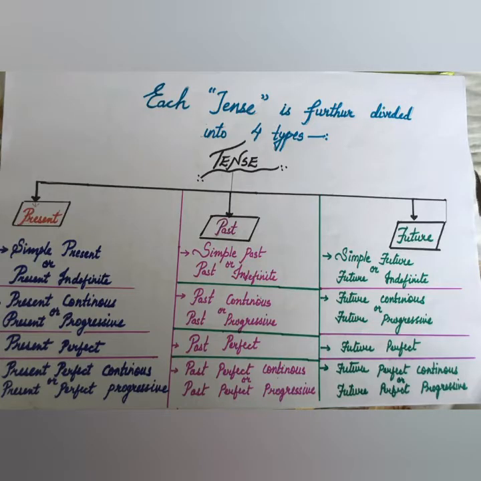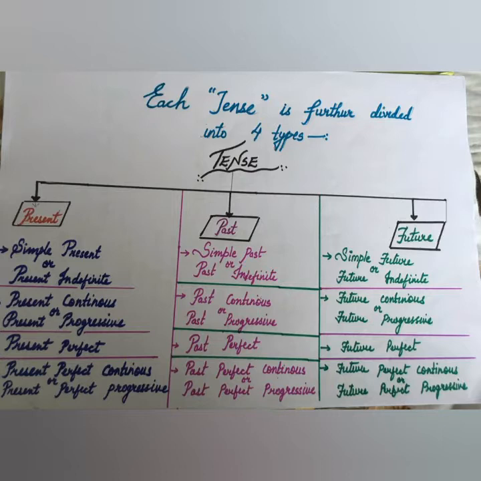See, I have written the names as well as the other name by which that particular tense is known. Simple present tense, which is also called present indefinite tense. Present continuous tense, which is also called present progressive tense. Then you have present perfect tense, and at the end you have present perfect continuous or present perfect progressive tense. So you need to learn all these names and you should not get confused with the other name of that